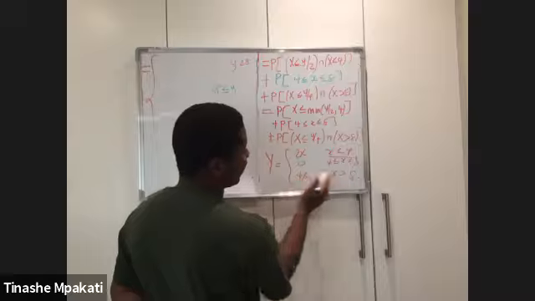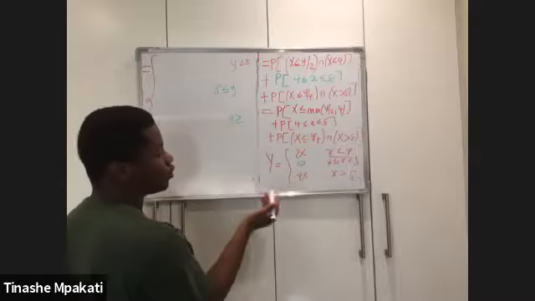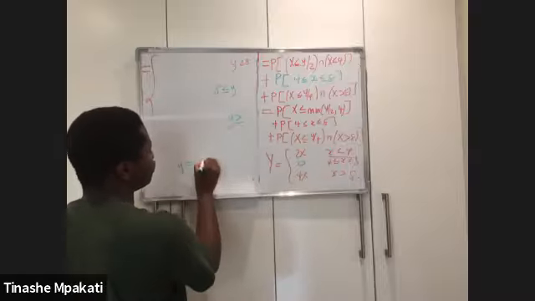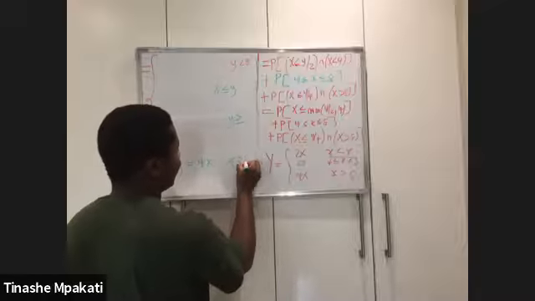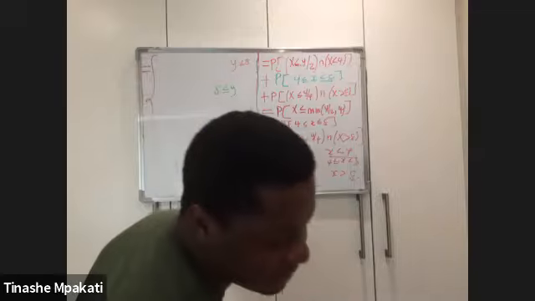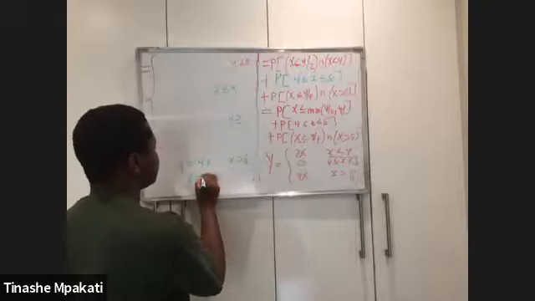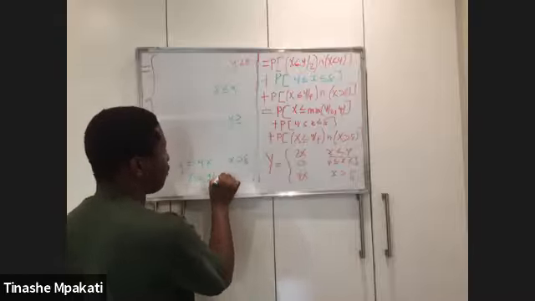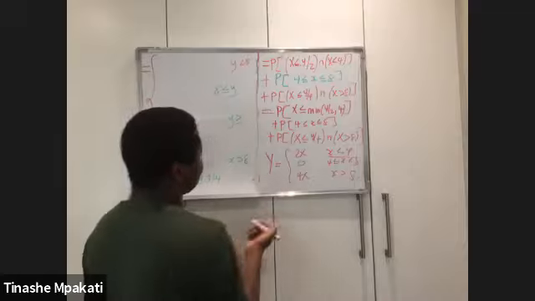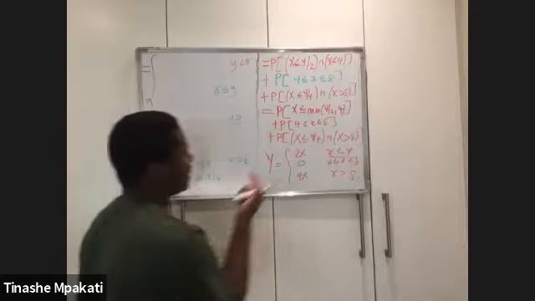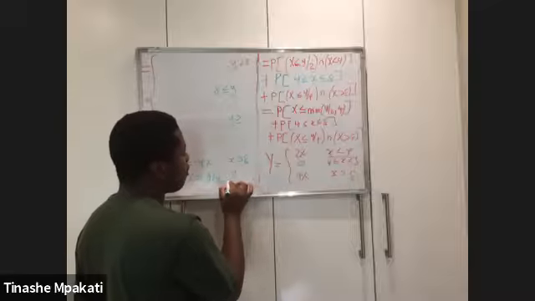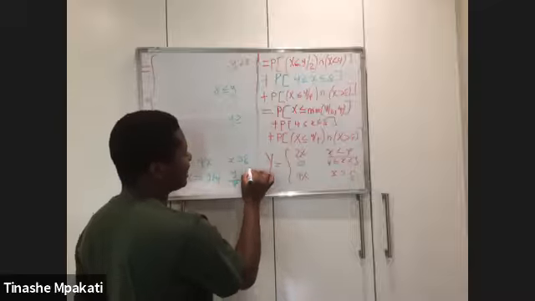But we know that when X is greater than 8, our Y is equal to 4X. Our Y is equal to 4X when X is greater than 8. Which means if I were to make X the subject of the formula, I would have that my X is simply just equal to what? To Y over 4. So this means that on my last interval, instead of having X being greater than 8, what I would have is Y over 4 being greater than 8, right?